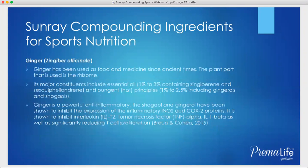Ginger, again, I don't need to spend any time on that. It's just an incredibly important herb. Remember that it contains an essential oil, 1 to 3%, and that's really important also as a catalyst for all the other herbs. So ginger and cayenne and perhaps even golden seal are probably some of the most important catalyst herbs that we could ever use. And so we get more bang for our buck,